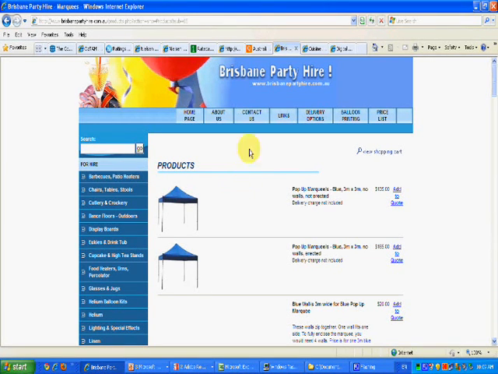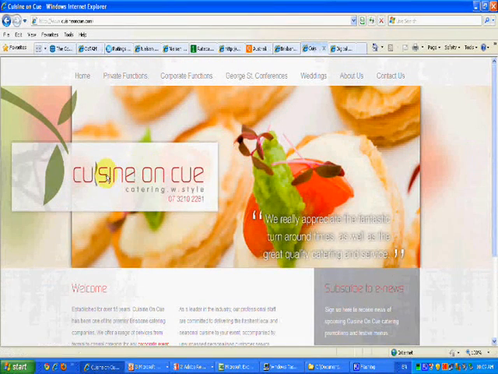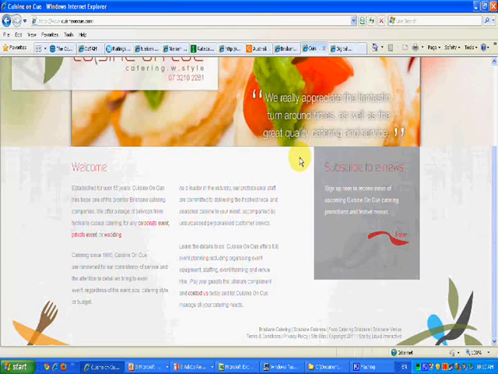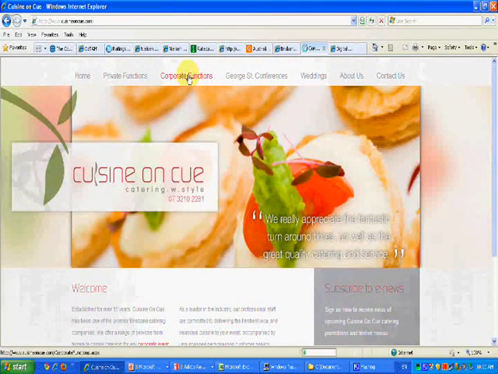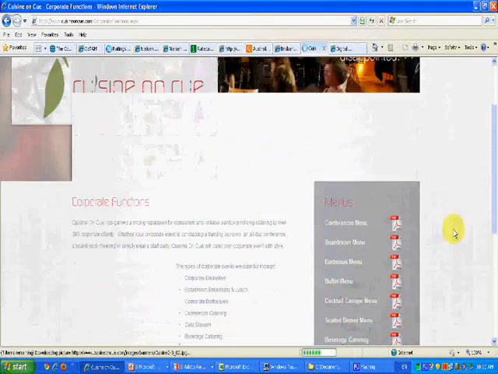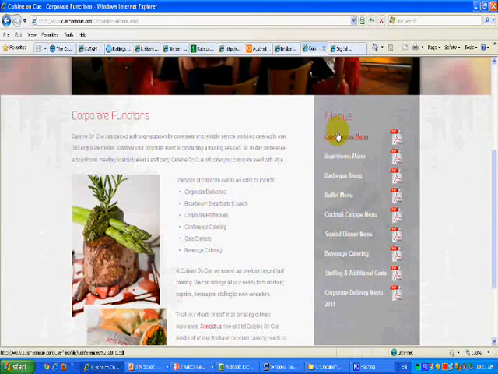And then we have cuisine. This is cuisine on queue. I noted here again my link didn't work, so just take out the extra on the link and just put the domain name in. I did find here somewhere, let's have a look at corporate functions. There we go. And here's all your menus. So off these menus, you can have a cocktail menu, seated dinner menu, and it'll just bring up some costs that you can use in working out how much it's going to cost you to provide food